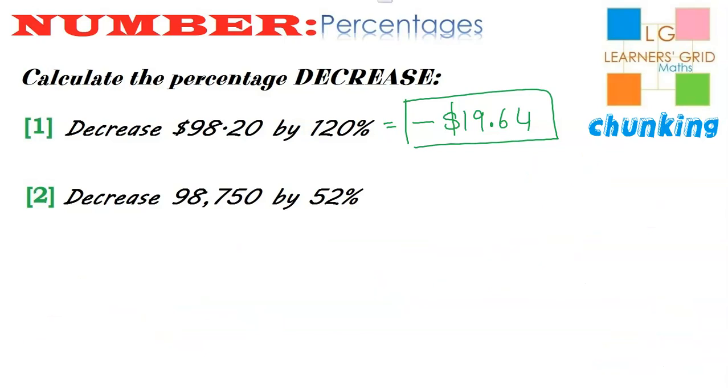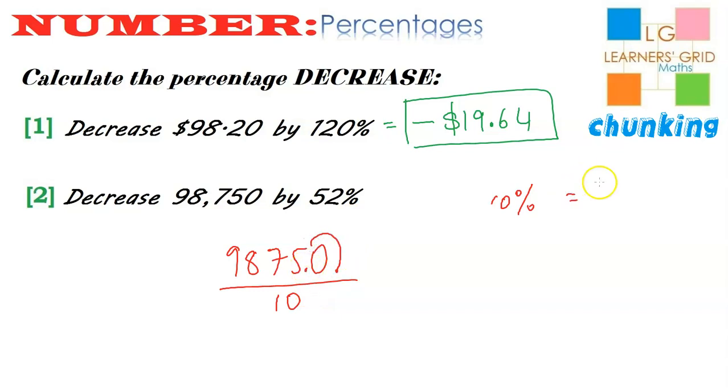Let's take a look at number 2. Number 2 is to decrease 98,750 by 52%. So chunking comes in again. I think a good one to have would be 10%. So 10% of 98,750. Divide by 10, which would take me to the decimal point here. So 10% is